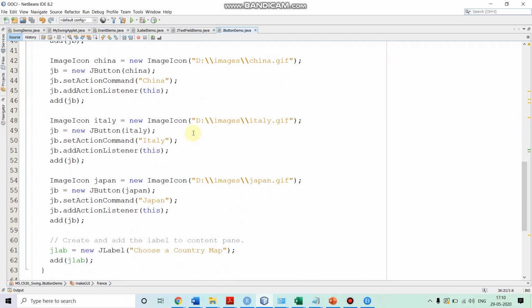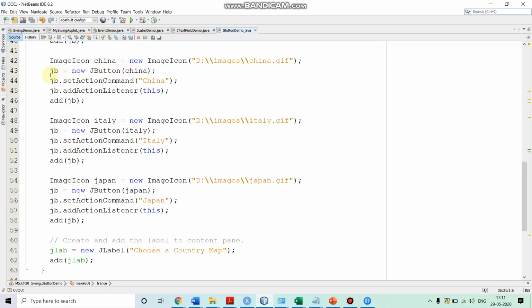Similarly, we are creating the other buttons. The next button we want is to display the map of China. So we are creating an image icon china by specifying the file china.gif to get the image of the China map. Then we are creating a button in which we are passing the icon china.